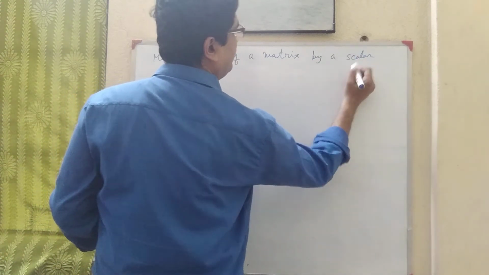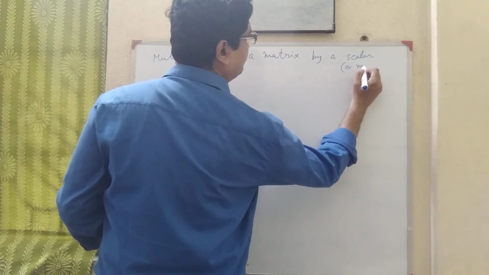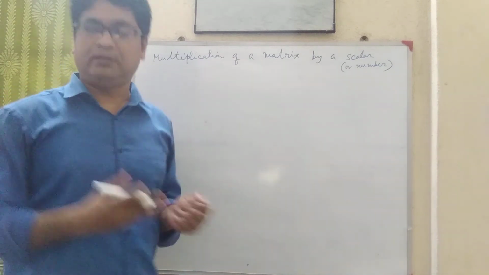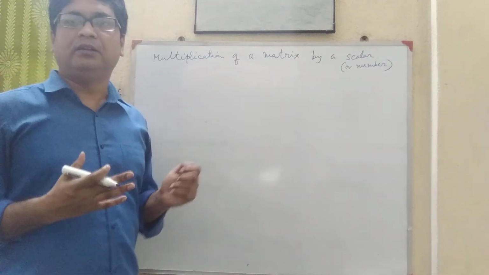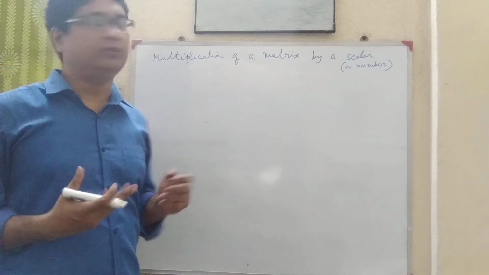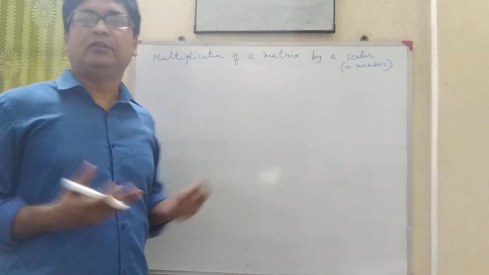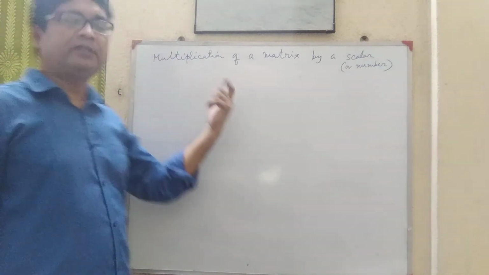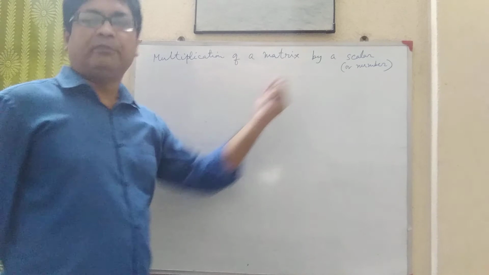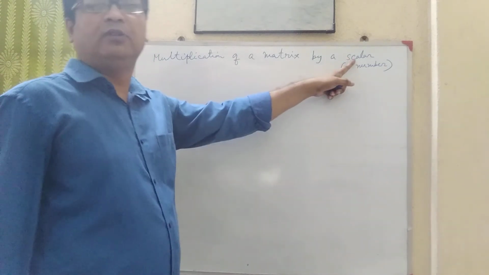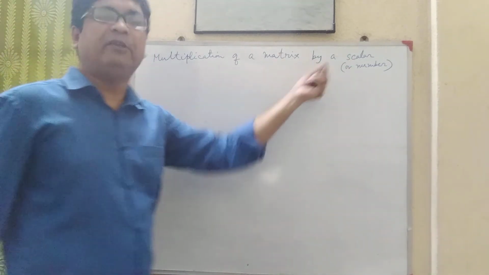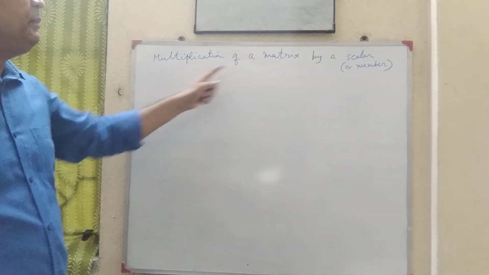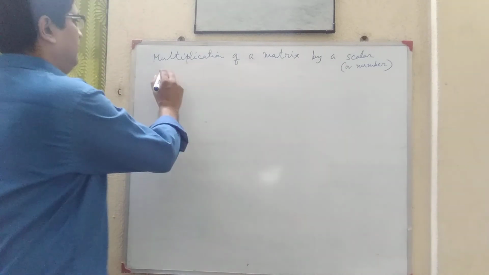Scalar means here a real number or a number. Here we are discussing only in a real number field. If we discuss in complex number field, then it will be a complex number. But as we are discussing only real number spaces, the number is a real number. So that's why it's better to say scalar. The scalar may be a real or complex number. Okay. So multiplication of a matrix by a scalar means